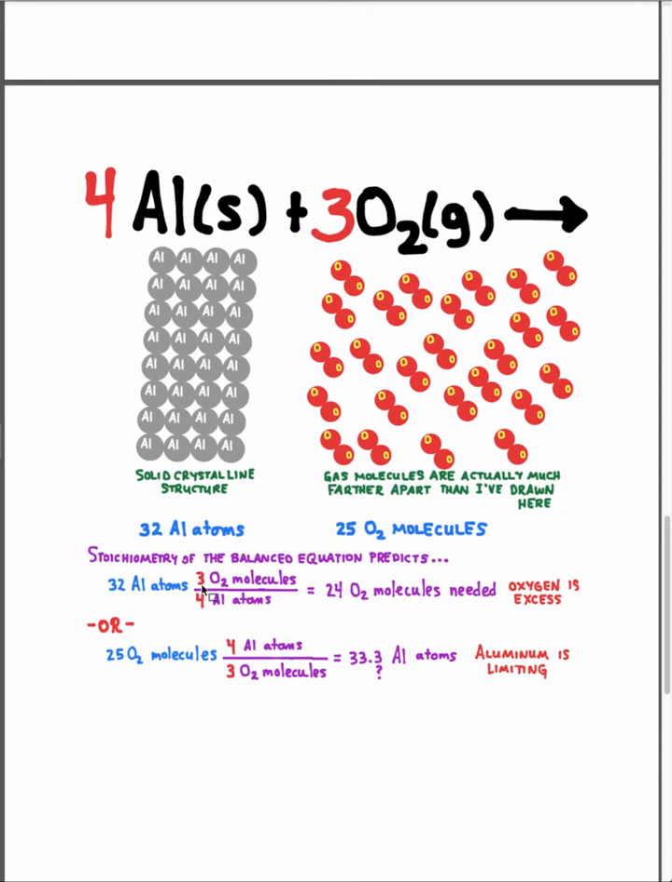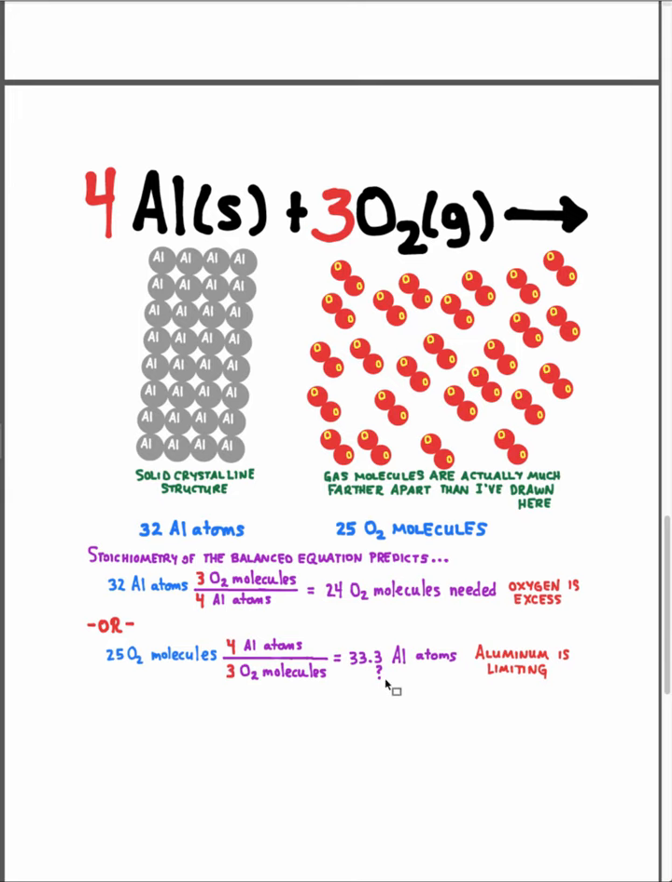Since it's a 4:3 ratio, 4 aluminums for every 3 oxygens, 32 times 3 divided by 4 is 24 oxygen molecules. And lo and behold, I do have 24. I have a little bit more than that. So I have excess oxygen. Or you can word it the other way, saying if I had 25 oxygen molecules, it's a 4:3 ratio for the aluminum atoms. And so 25 times 4 divided by 3 is